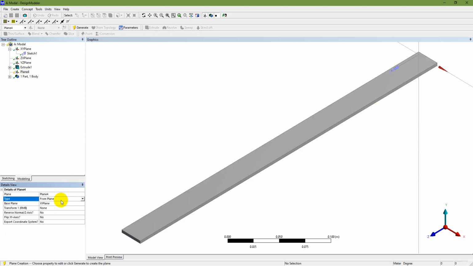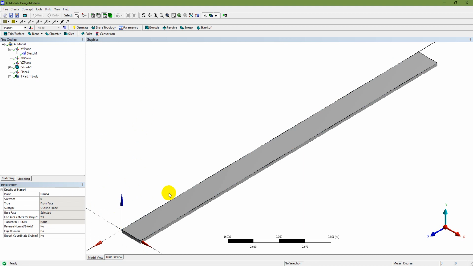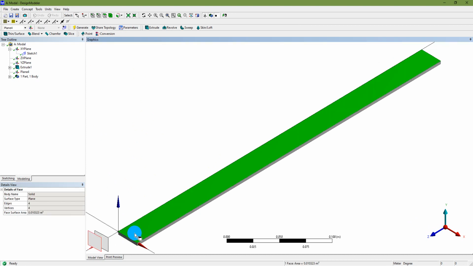and that is plane 4. Okay, so type is from face and then base face not selected. So here a base face is selected, applied, and now generate. So now the new plane is being generated, and on this new plane, now I am going to